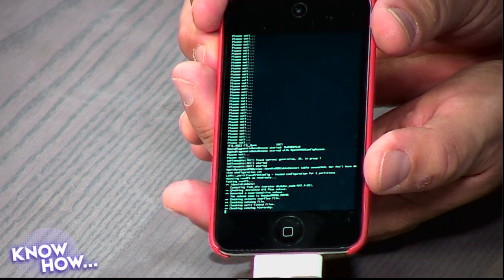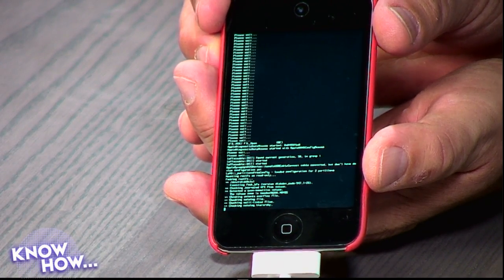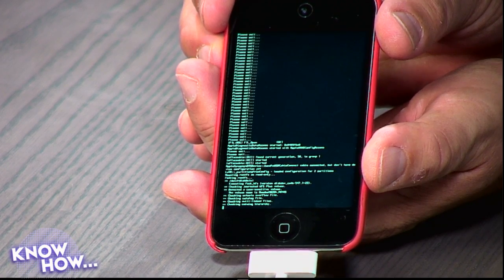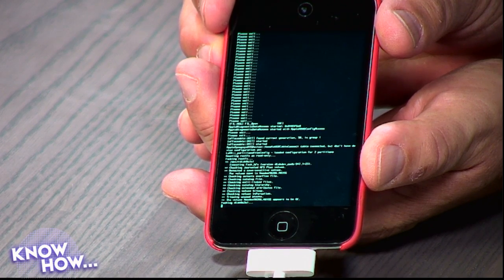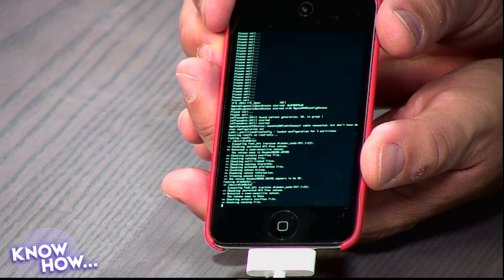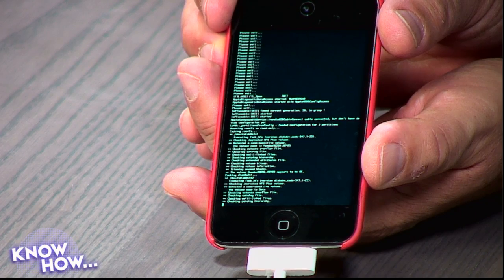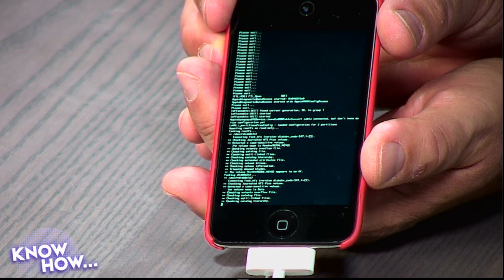What you're seeing really is what looks like a Unix-style operating system in its boot up mode. This is command line text. The software says right now the rest of this process takes place on the device. So everything that's going to happen now will be on the iPod Touch itself. So we basically have to wait. Leo, if you want, you can get a cup of tea. How long is this going to take? It takes like a minute or two.